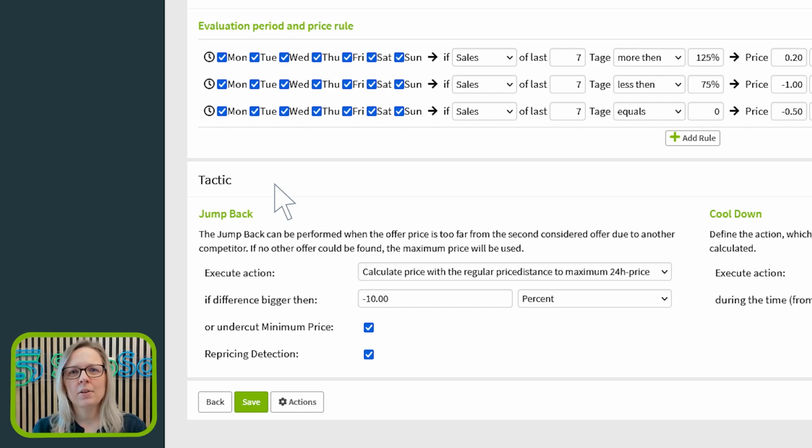If the competitor is also utilizing price optimization, the jump back feature ensures that your prices consistently jump back to the competitor's daily highest price point. As a result, competitors' price optimizers also increase their prices. This function can thus save your profit margin.